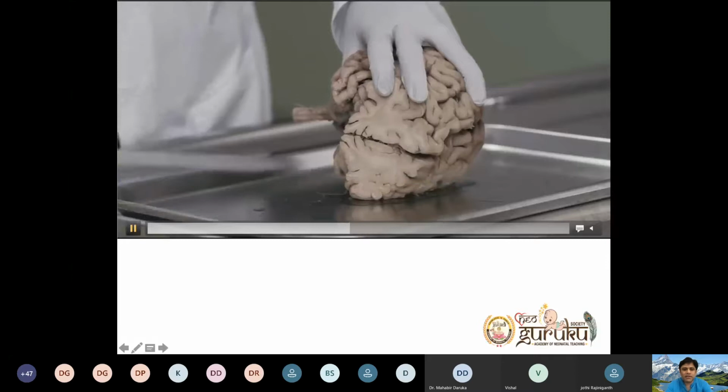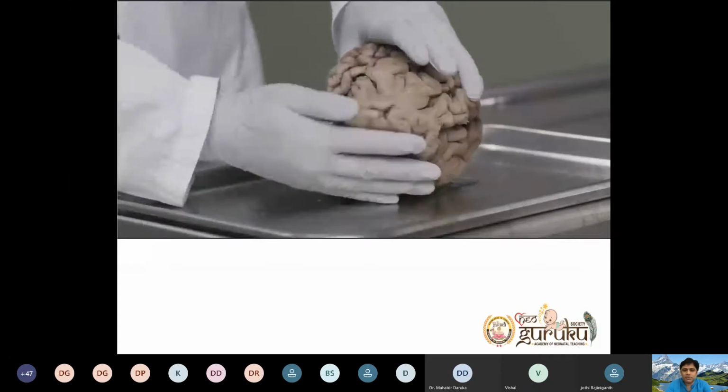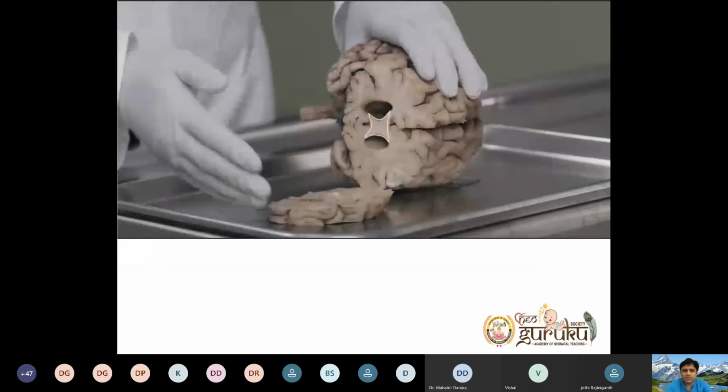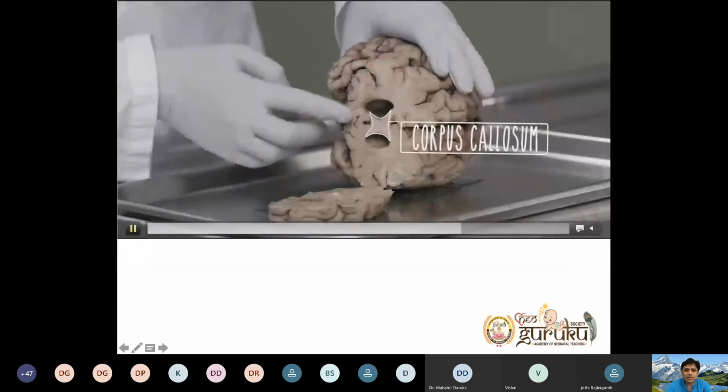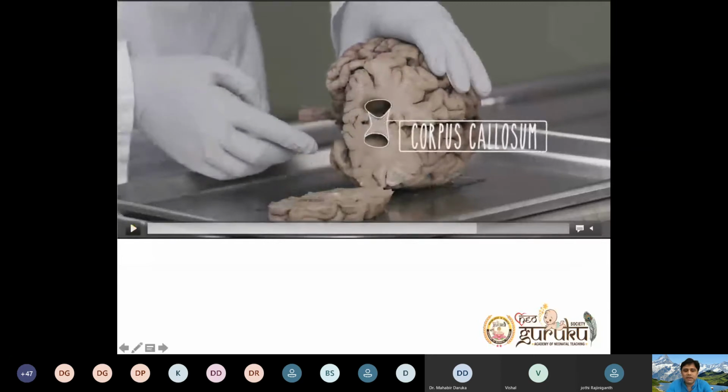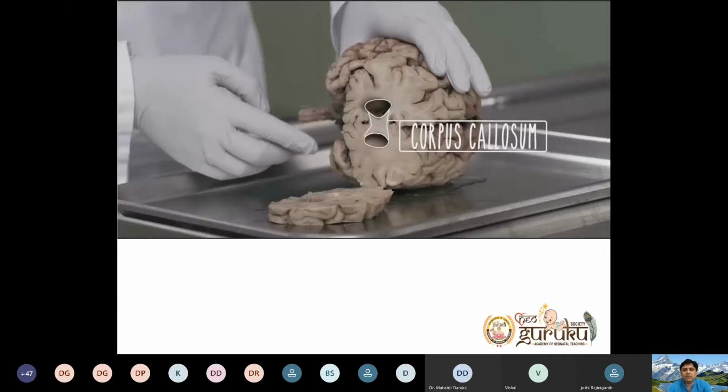Now we have cut and come closer to see. What you are seeing now is your corpus callosum connecting both lateral ventricles. You can see the lateral ventricle opening, the anterior horn of the lateral ventricle. Then you have the corpus callosum. Below that you will have your CSP, and below that you will have your fornix, which encircles the thalamus. I'm not in that section; once you go near the thalamus, you'll get that. So this is how it looks when we take a coronal section of the brain.